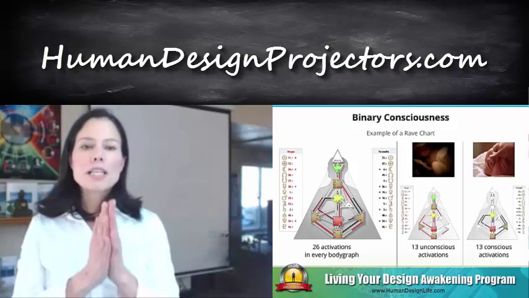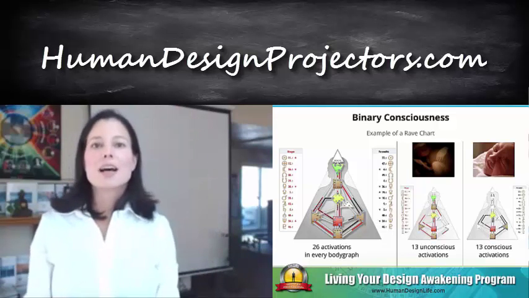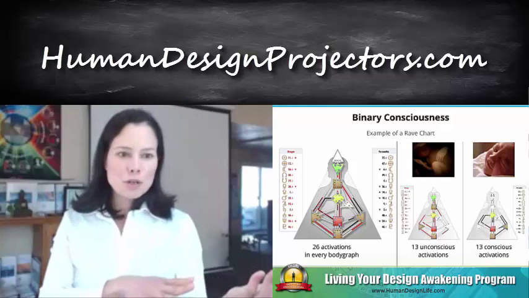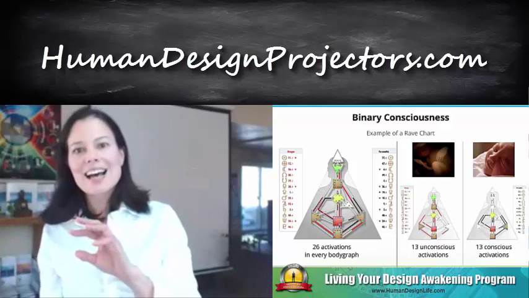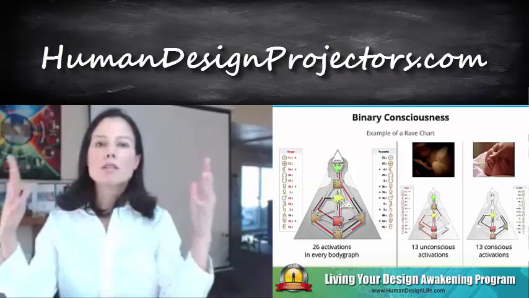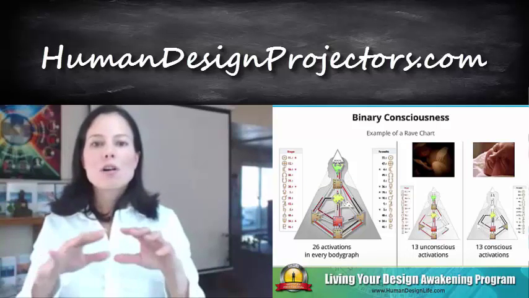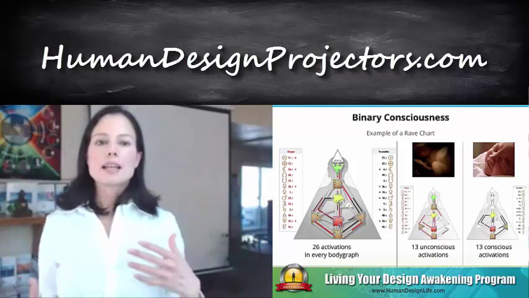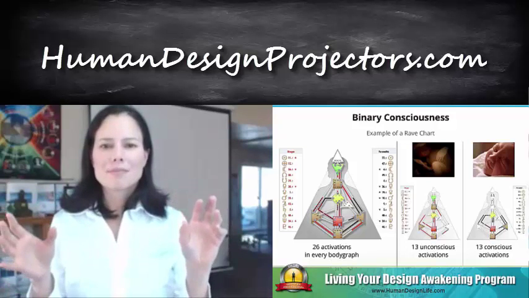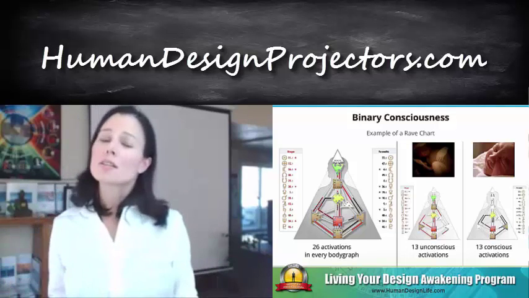So now when we take a look at your chart, you can see clearly that on one side there's black, and on the other side there's red, and the black side says personality, the red side says design, and together you become this quantum field of energy. You are not this or that. You are a holistic being that is comprised of these two different calculations, and you come together and you become this quantum of you.